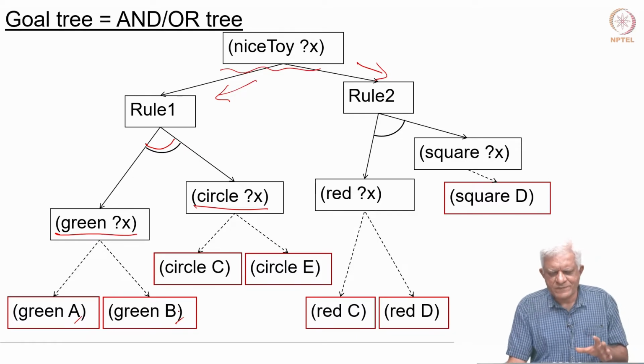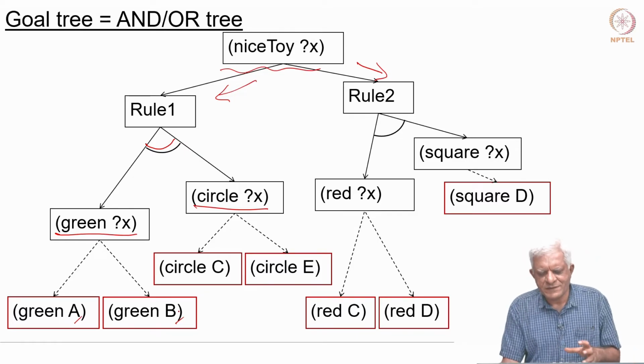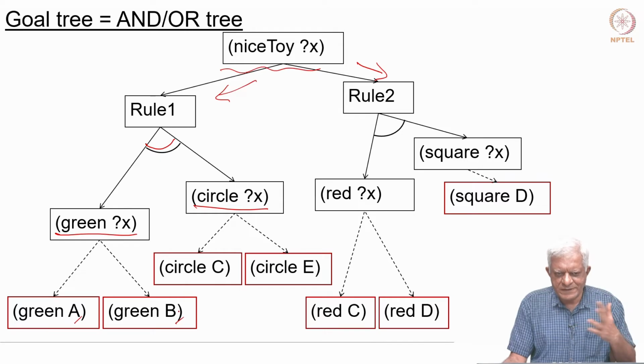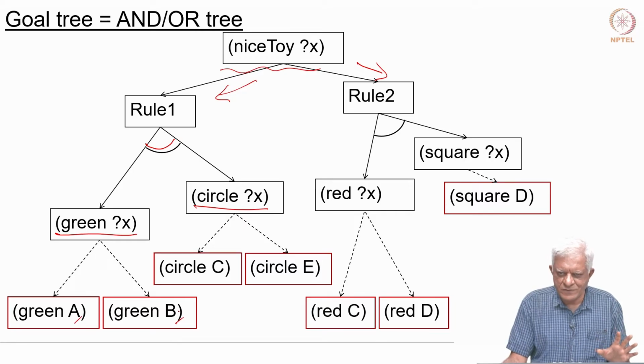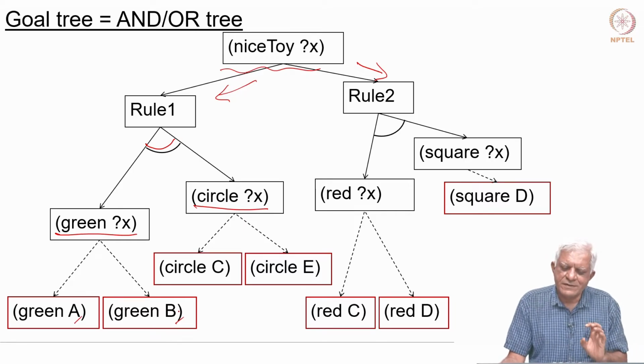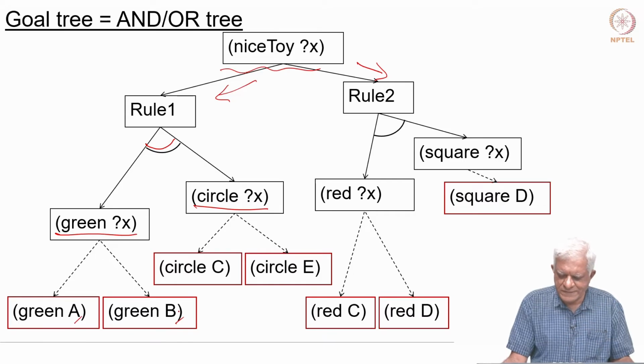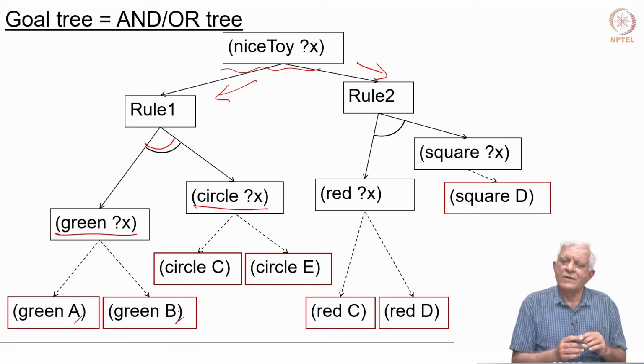It is a little bit different from forward chaining, because in forward chaining you did not care if you made some irrelevant deductions or irrelevant inferences. They would sit in the knowledge base somewhere, but you were not bothered about that, because the moment you saw your goal, you would say that I have succeeded essentially. But in backward chaining, you have to be more focused, in the sense that you want to show that something is true,